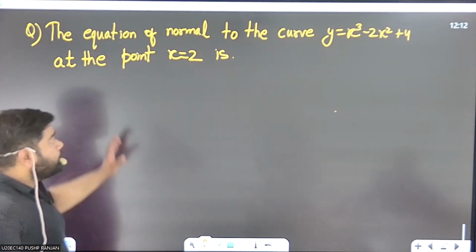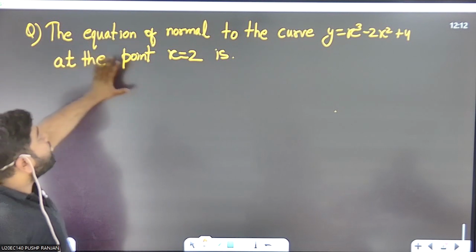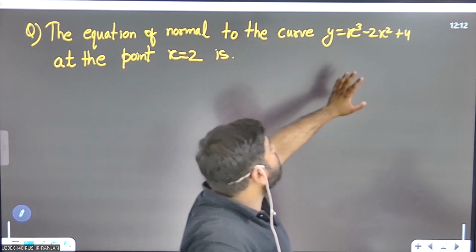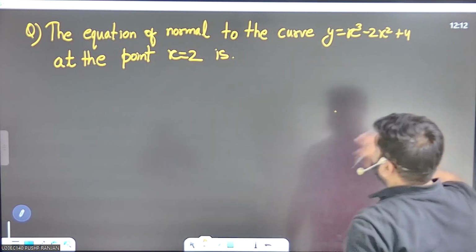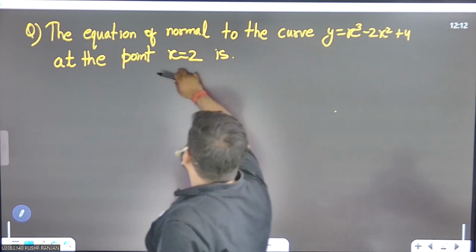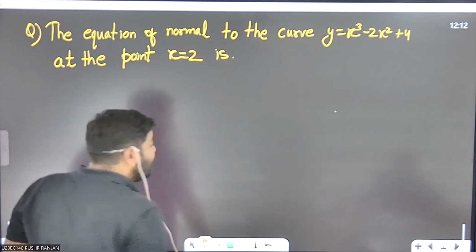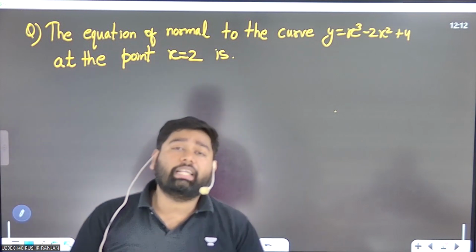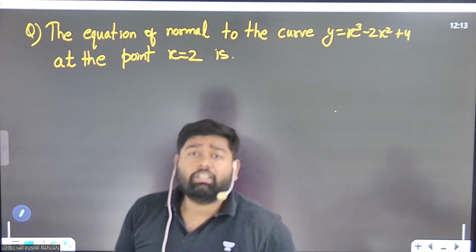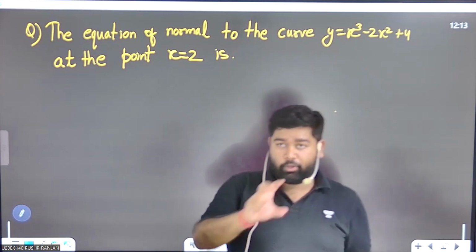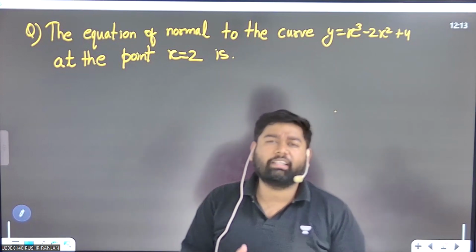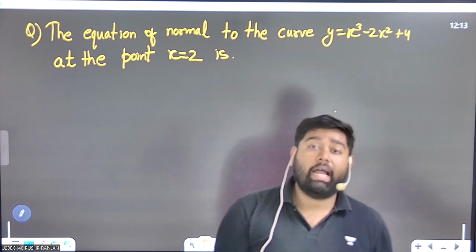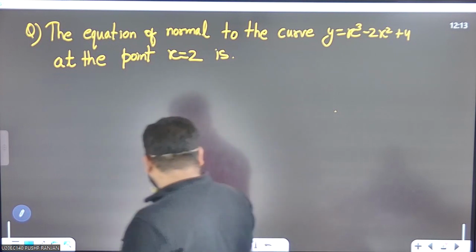As the question, first read the question. The equation of normal to the curve y equals x cube minus 2x square plus 4 at the point x equals 2 is. Basically in this question we have to find the equation of normal. As we have already discussed, for writing the equation of a line we need two things, the slope and the point. So for this